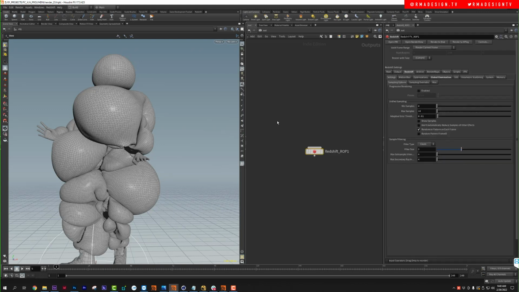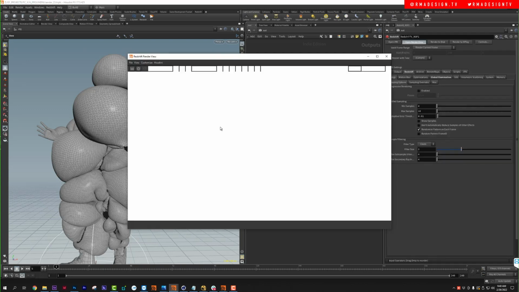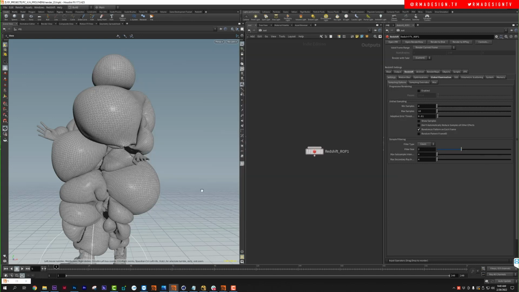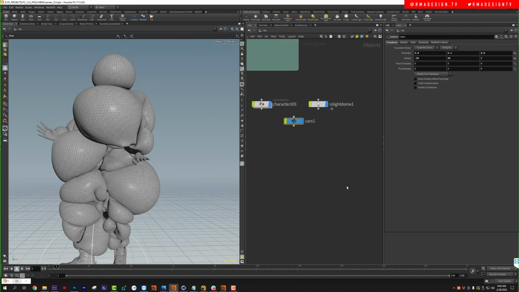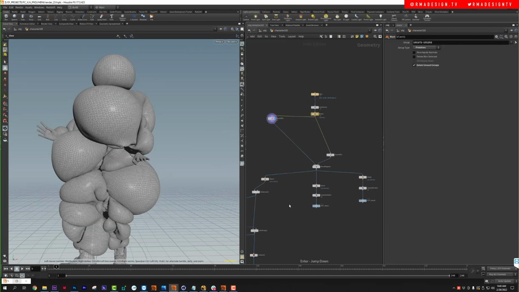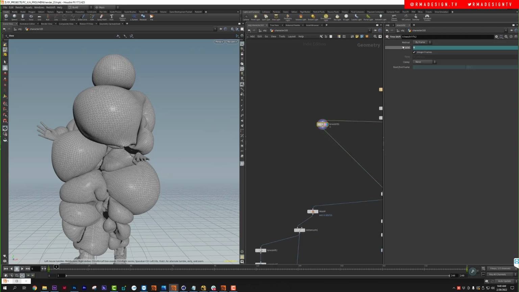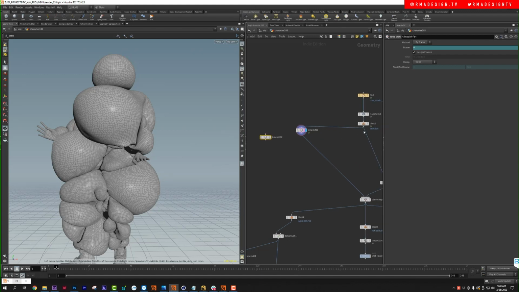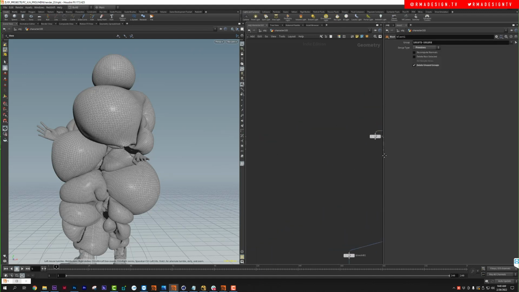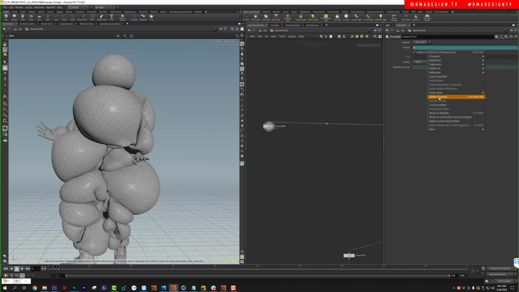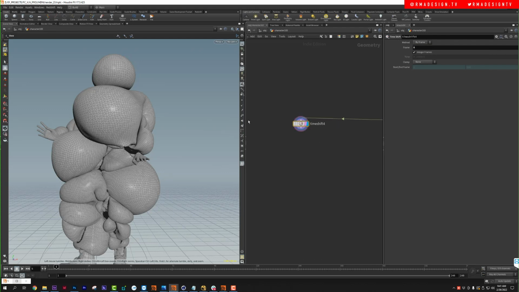Hit H. Brings me in here, open render view, and it's gonna bring in this. I'm gonna minimize it, put it here, because first we need to set up our texture. So here are the tips that I wanted to give you guys mainly on the texture. I'm gonna have this character as essentially static. So it's frozen now, and what we want to do is UV